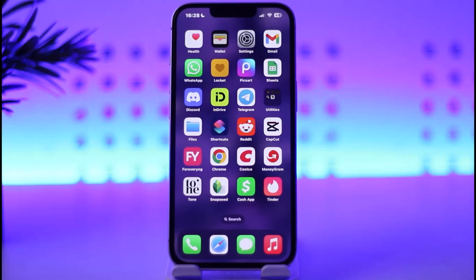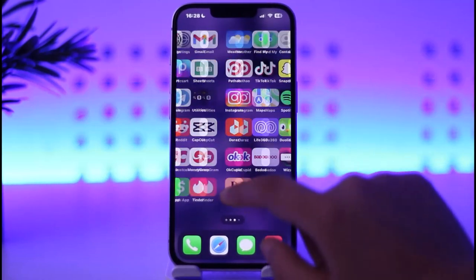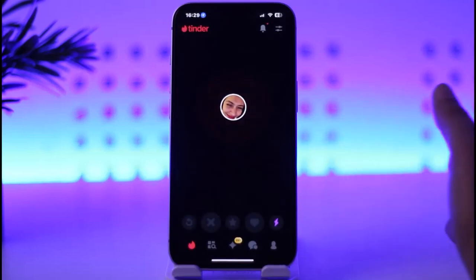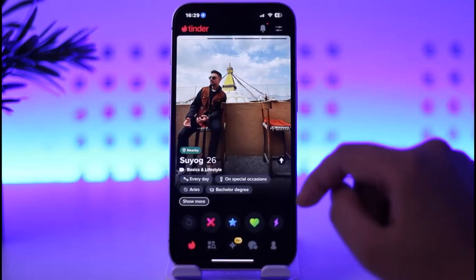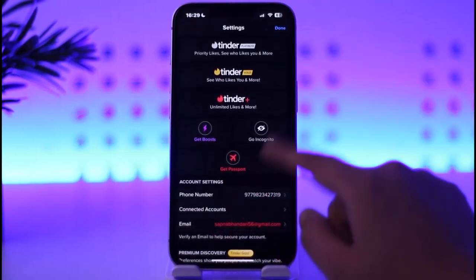So for that, all you gotta do is simply open up your Tinder app on your phone. Once you have done that, make sure you have signed in with the correct account which you would like to pause. Now go ahead, tap on this profile icon in the bottom right, settings icon on top right,